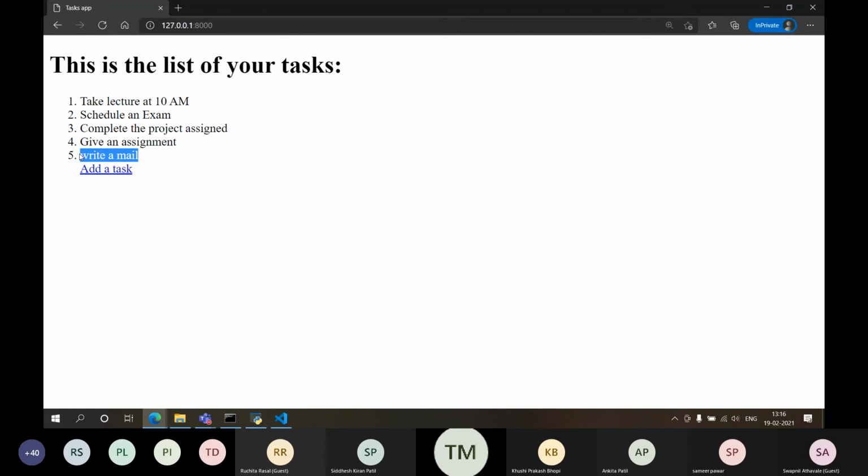Now one way is user authentication. Another way, if I don't want to log in but still I want to use it, use sessions, right? So how to do it with the sessions? There is a very simple way to do it with the session. Okay, how to do it with the session?